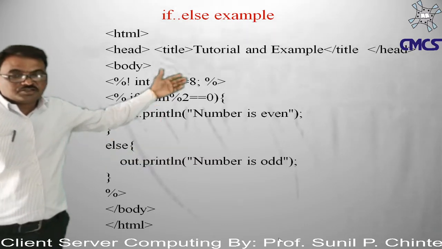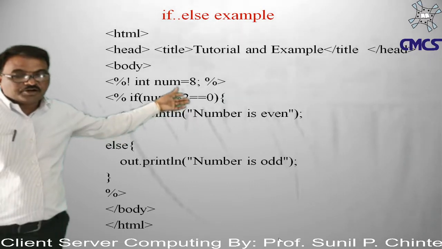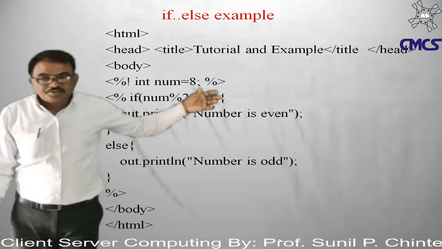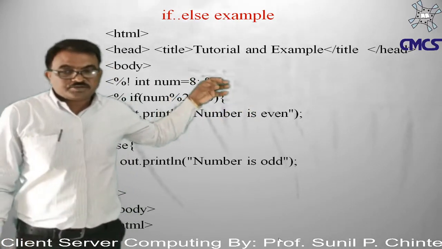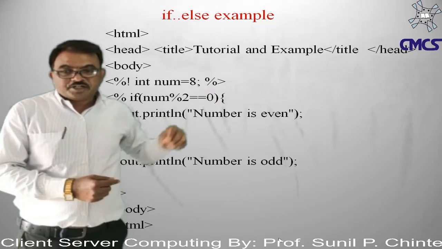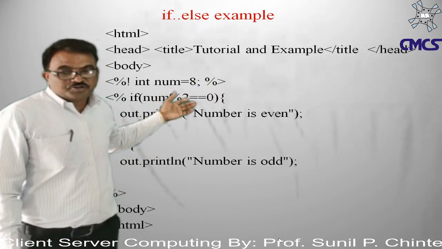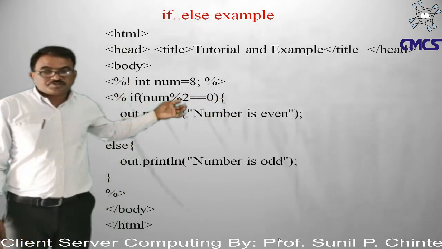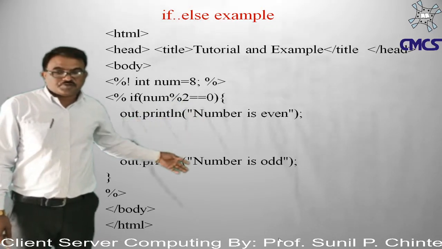In this given example, the if block will be executed because I have assigned num the value 8. Whenever I perform the modulus operation on 8 with 2, I always get the remainder 0. So the left-hand side obtains the value 0, which equals the right-hand side. That's why both values are equal, the if block will be executed and the else block will be skipped.